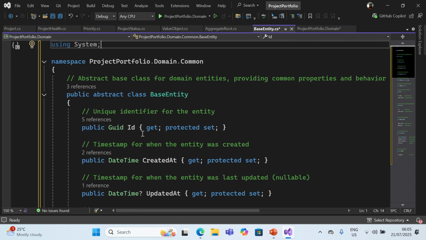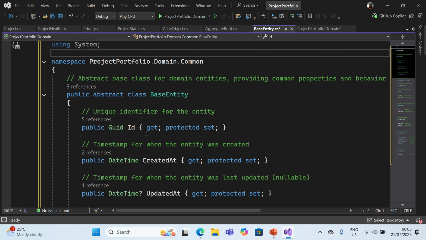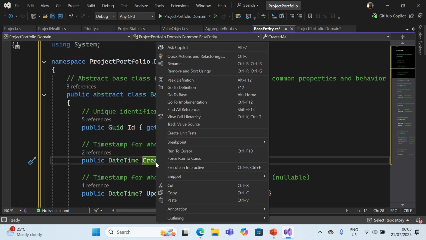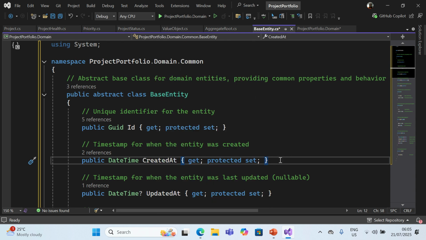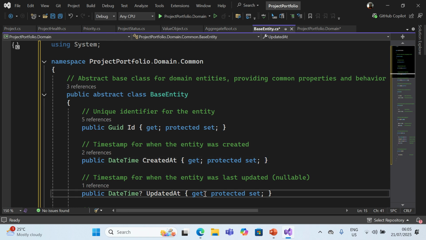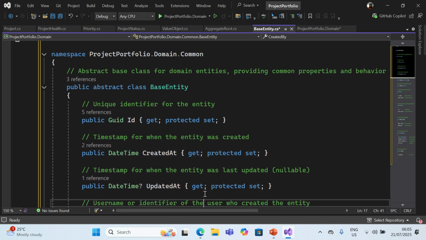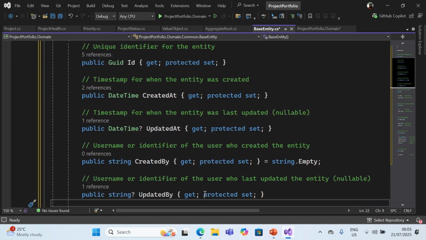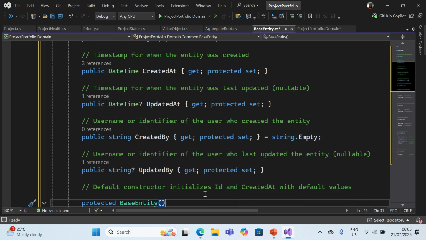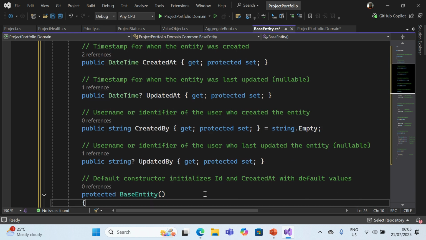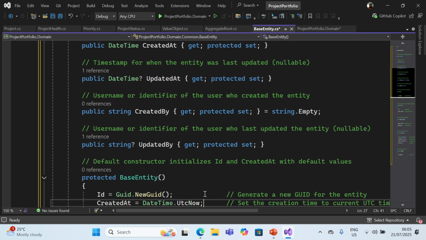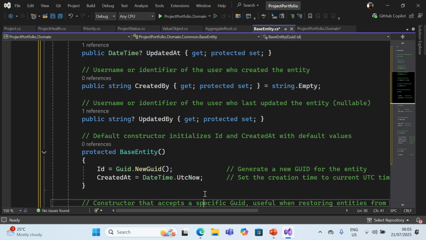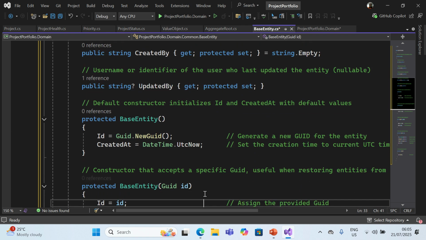So inside this class, we have defined the following properties: Id, which is the primary key, CreatedAt property, timestamp for when the entity was created, UpdatedAt property, timestamp for when the entity was last updated, CreatedBy, username of the user who created the entity, UpdatedBy, username or identifier of the user who last updated the entity,